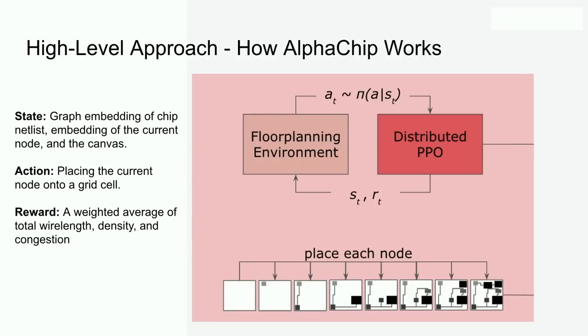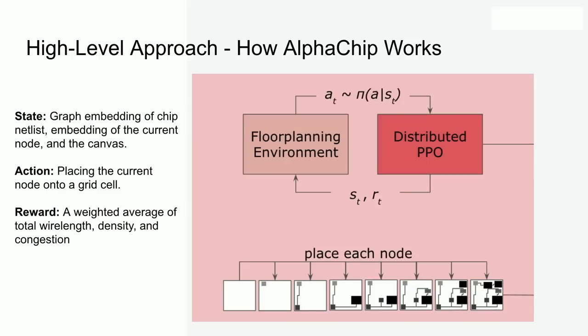The high-level approach of how this works is you essentially take some block, one part of a chip that you're trying to lay out all the components in. You cluster the components, so instead of millions or tens of millions of things to place, you have order hundreds of things to place, and you're placing clusters of things as well as macro things that represent things like various memories of various sizes. And the RL algorithm just makes a series of decisions about where should each of these hundreds of things go on the canvas,